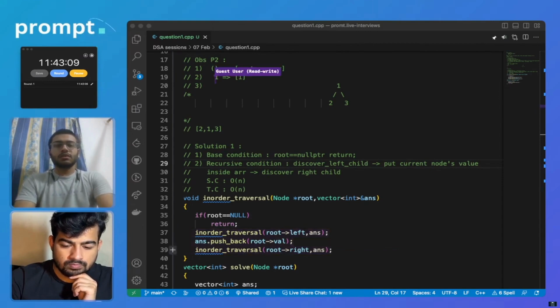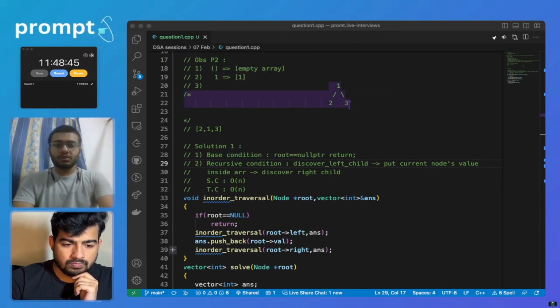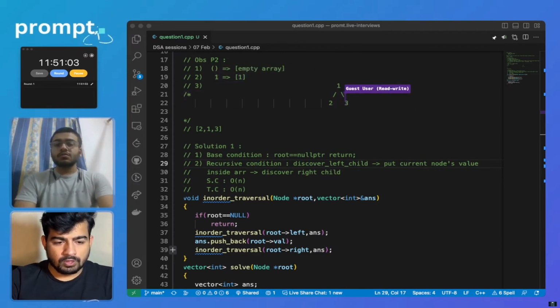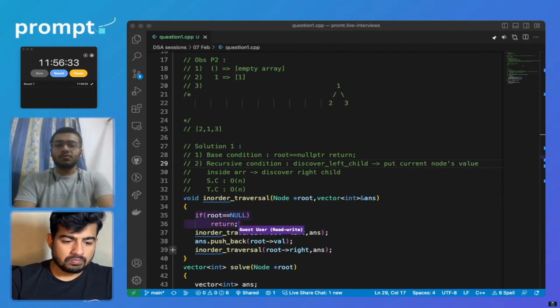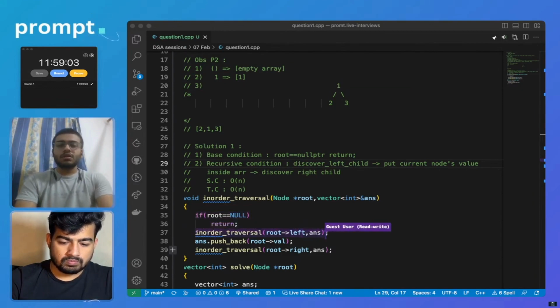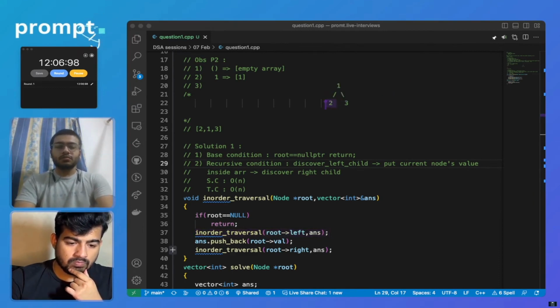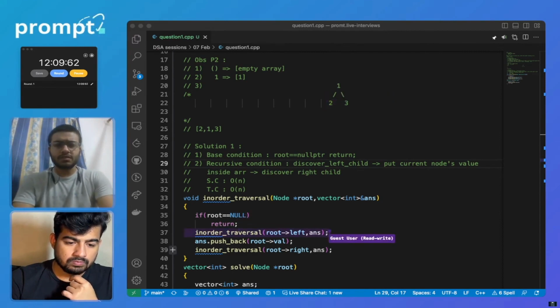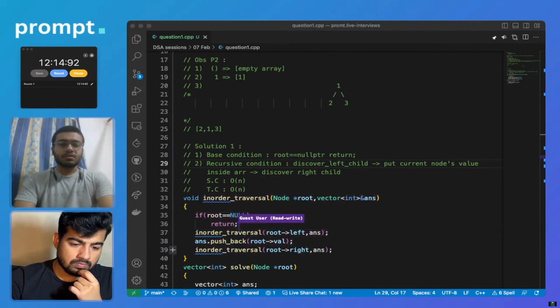Now let's skip the second one and start with this test case, because this is basically the extension of it. Let's say I pass the root which is 1. Currently I am at 1, and since root is not null, first it will call the recursion on the left child. The left child is root's left, which is 2, so I'm passing 2. Again this function is called, and since the current root, which is 2, is not null,